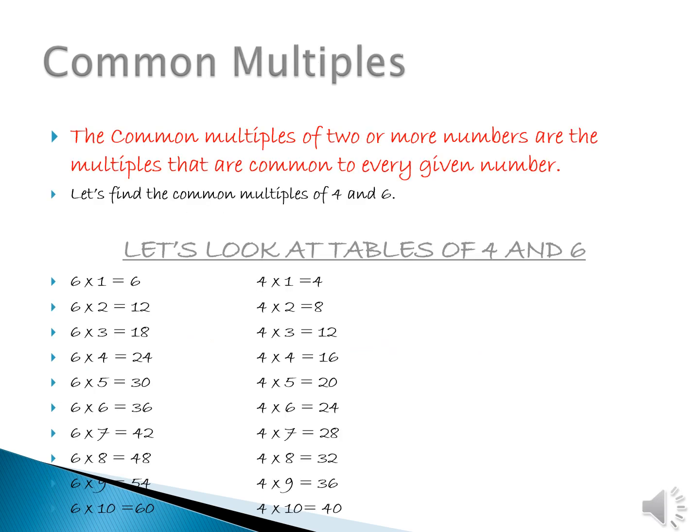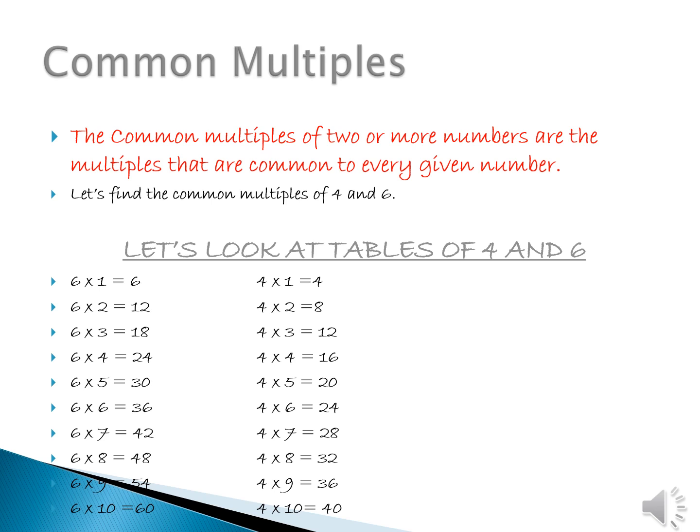Now let's learn what common multiples are. The common multiples of two or more numbers are the multiples that are common to every given number. I hope multiples is clear to everyone so that you can learn about common multiples. Multiples are those numbers which are divisible by the given number. If you are writing the multiples of 2, all those numbers which are divisible by 2 are known as the multiples of 2. So we will take 2 or more numbers, write down their multiples, and then cross check the lists to find the common multiples. This is how easily we can write out the common multiples.